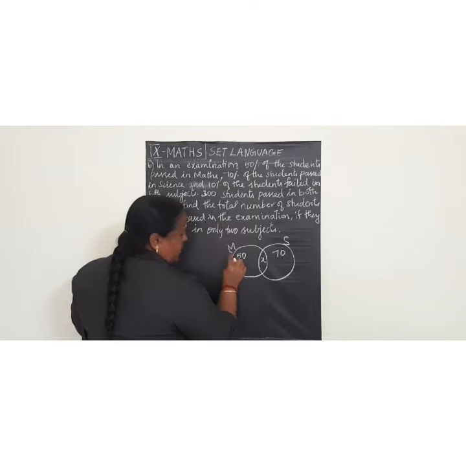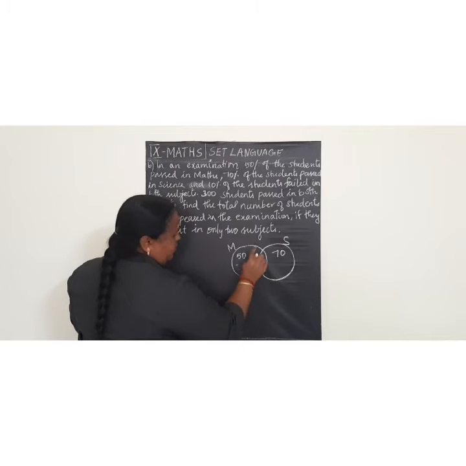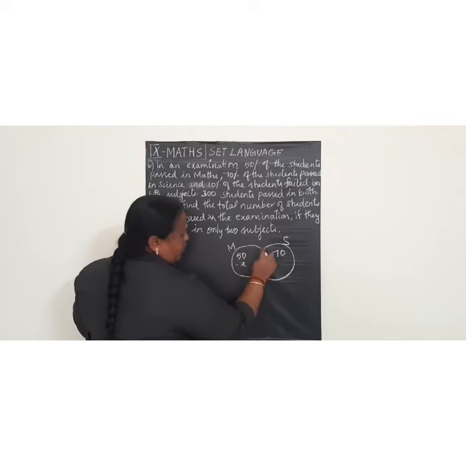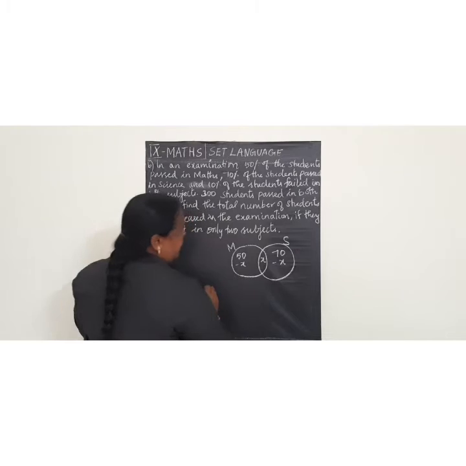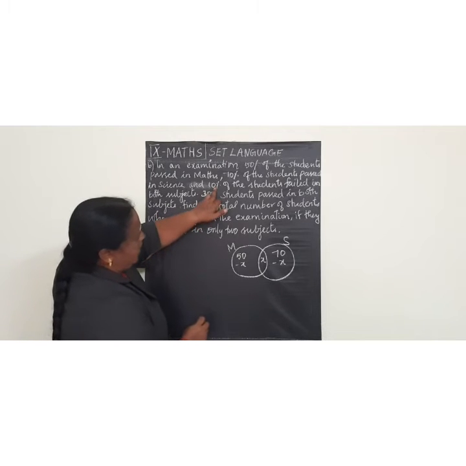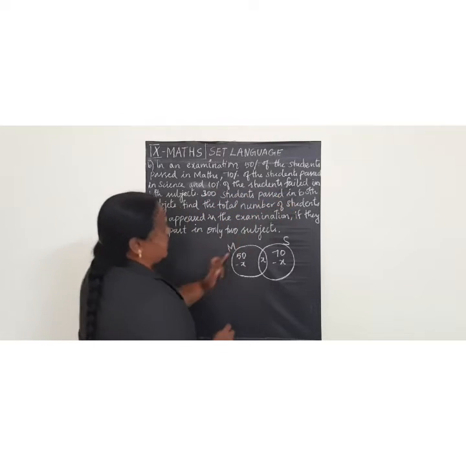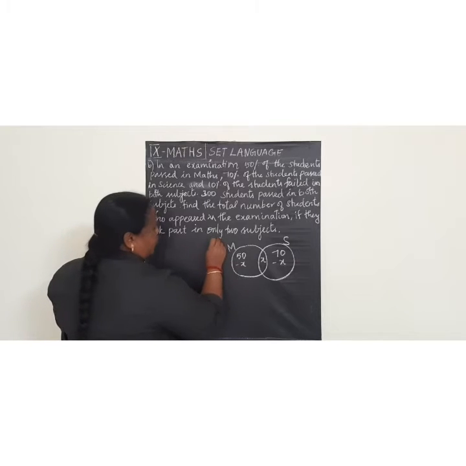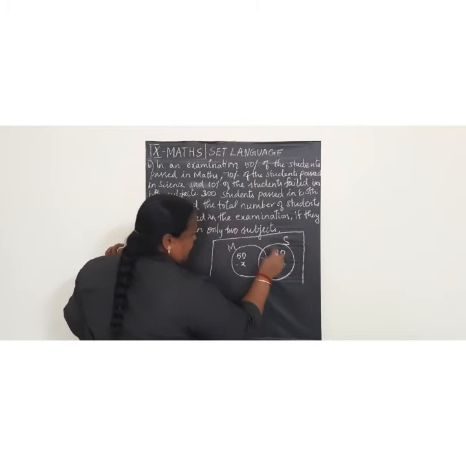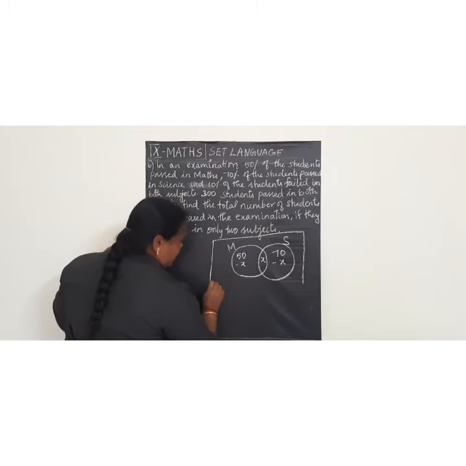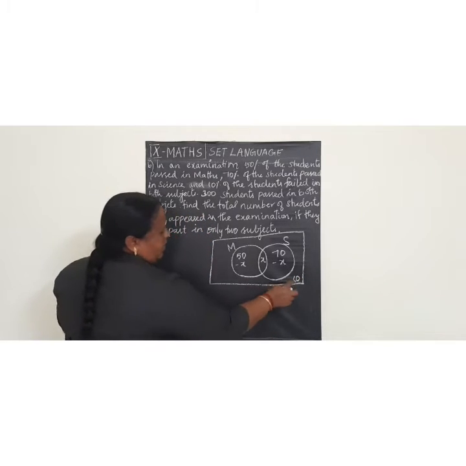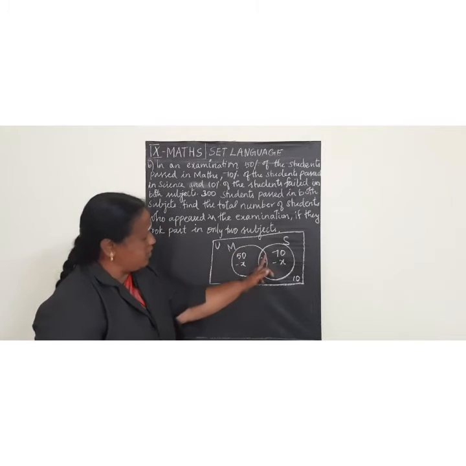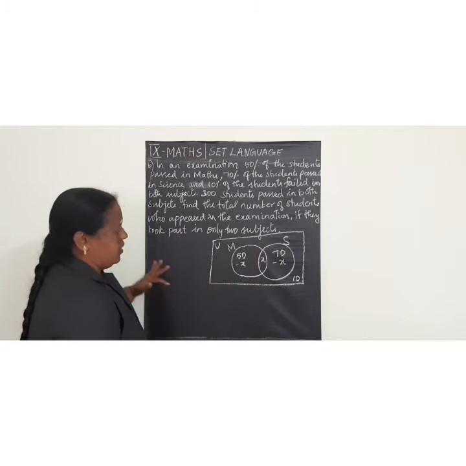Now only how many percentage they passed in maths means 50 minus x. How many percentage of students passed in science? Only science means 70 minus x. Next they had given 10% of the students failed in both the subjects. So this circle we had mentioned only for the passed students, failed students 10%. We are writing as a 10 outside, because here the circle mentioned only the passed number of students.